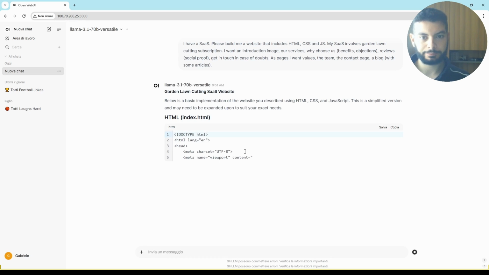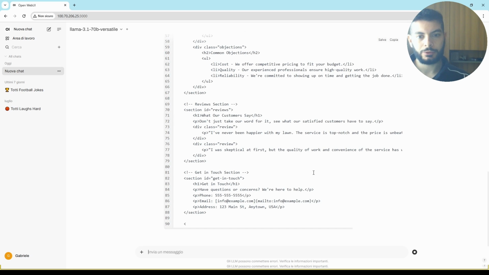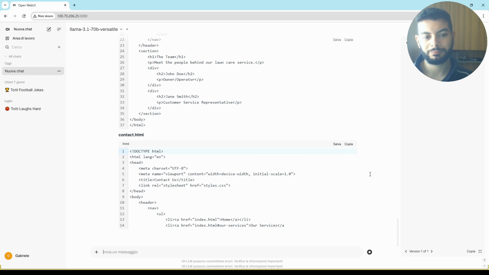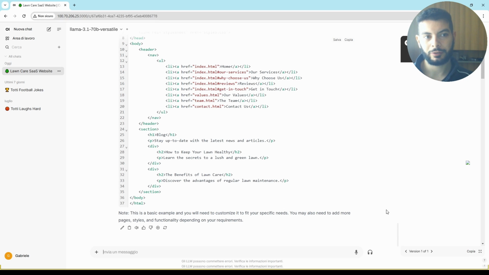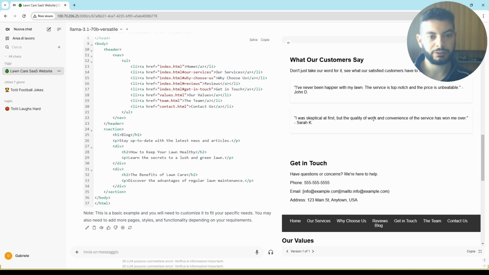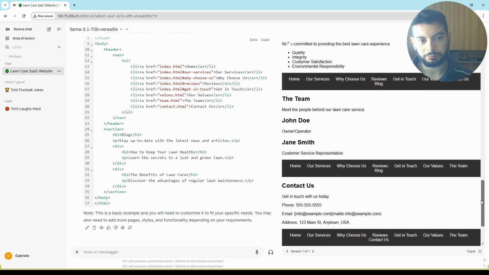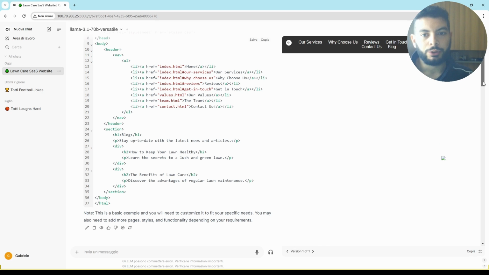Let's try to see. You see, it takes a few seconds because I use a large language model that comes from a service that has speed as a benefit. If we go to artifacts that already opened on the side, you see that we have already our website. It is decent. Of course, you need to edit it.